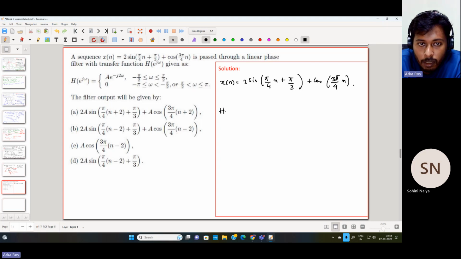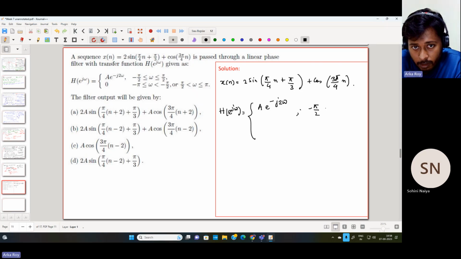And we have been given a filter whose DTFT is given over here. So the DTFT is A e to the power minus j2 omega, and it is bound between omega equals to plus minus pi by 2